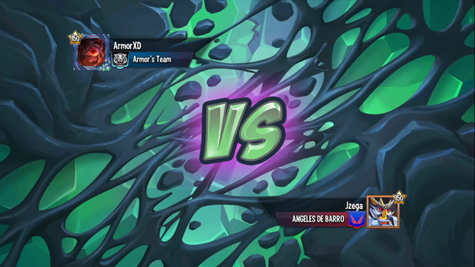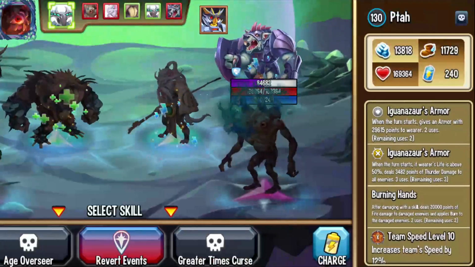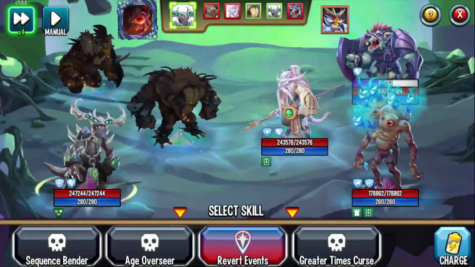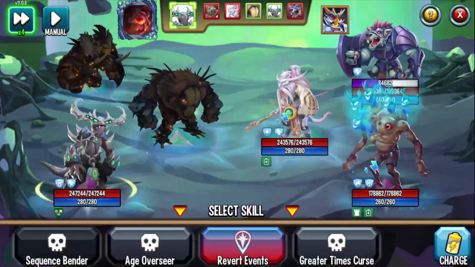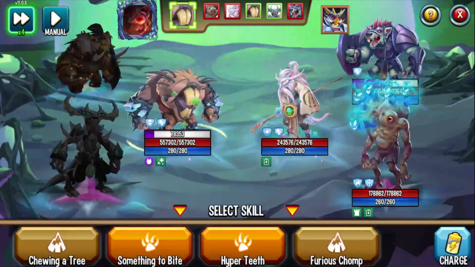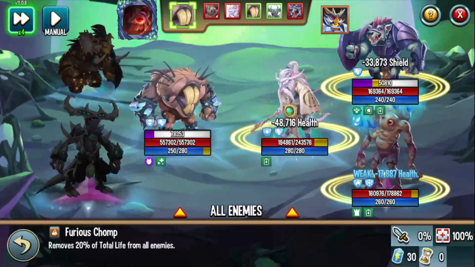Let's see. Yeah, you definitely have a lot. Okay, Mouseron, what does he have? Burning Hands. Okay, yeah. You have a lot more flexibility once you have a rank 5, just because it's 60k damage that UA is dealing. So we'll Churn Transfer right off the bat. Chewing a Tree. Oh, he might survive. Let's see how I want to play this. I might want to do...